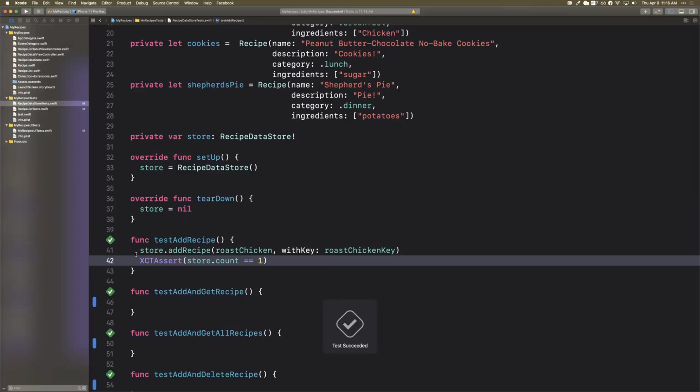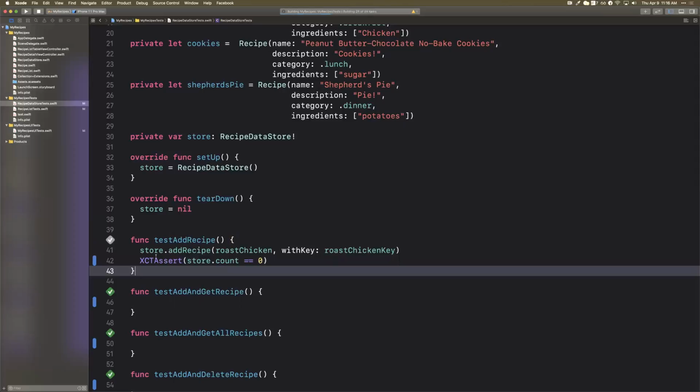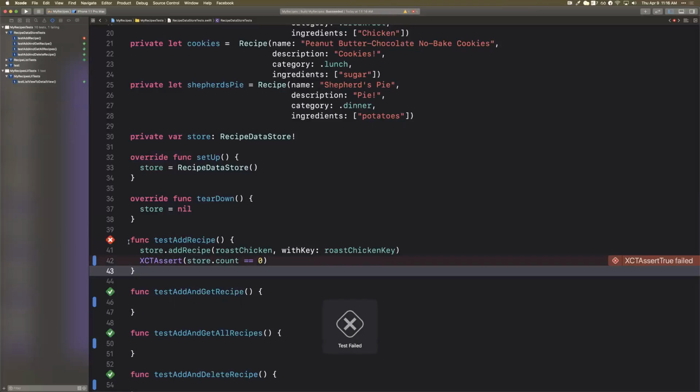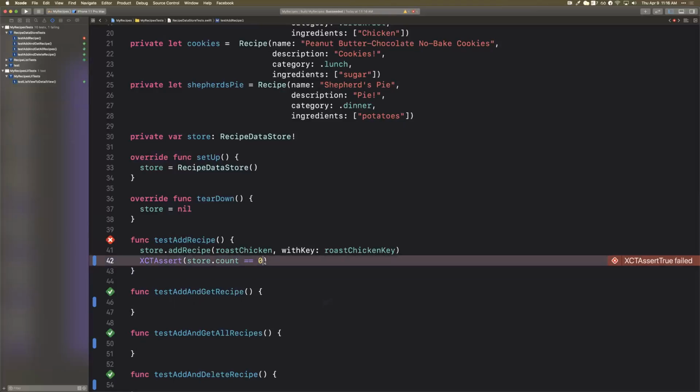And you can see that the test succeeded. There's a green check mark here. If I were to make this 0, which would be wrong, then we can see it fail. Cool. So test failed. And just like that, that's one unit test case testing the add recipe function. Obviously, you can test this much more thoroughly, but for the purposes of this talk, we're going to keep it